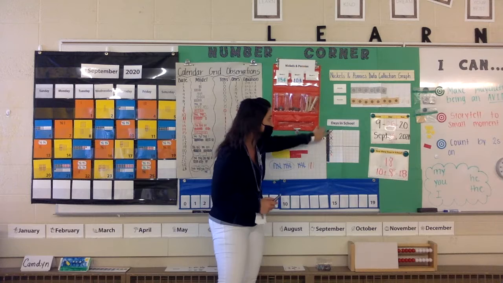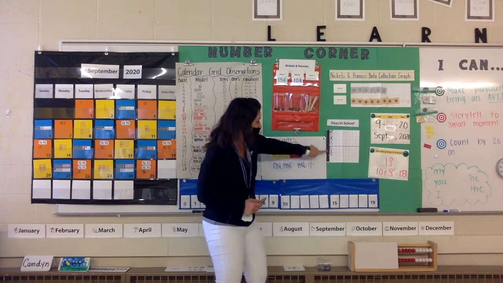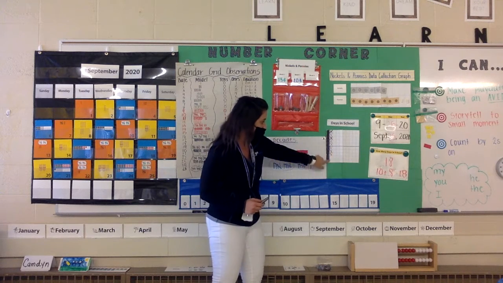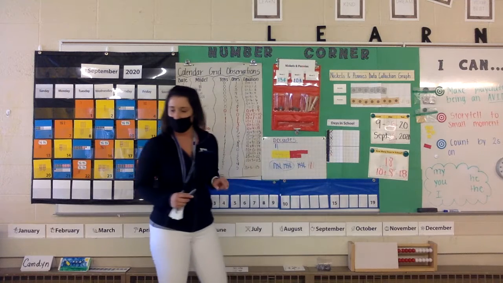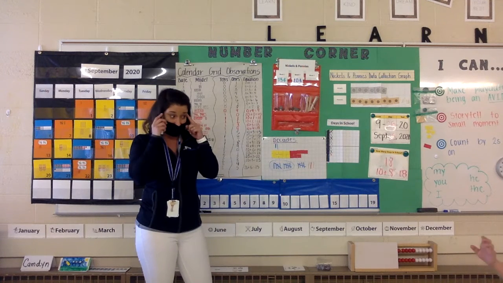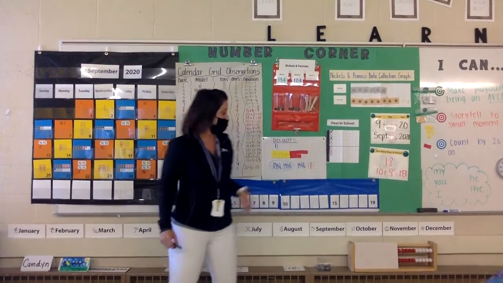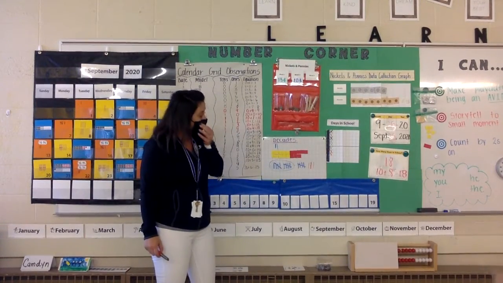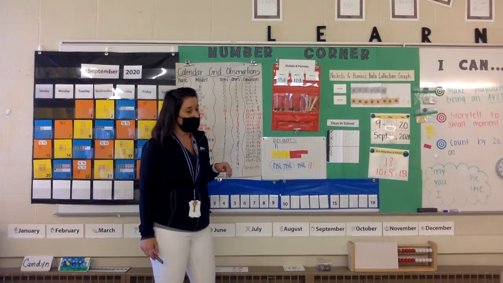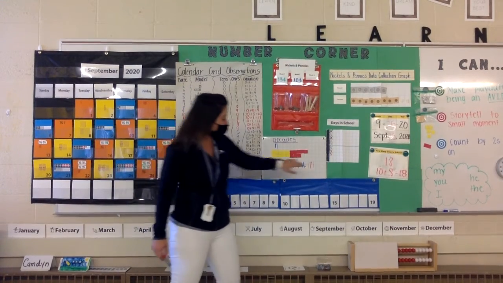Oh, look at what he did. He used this hundreds chart. He said there's 2 more spaces to get to 20. Did someone come up with a different way to get that? Because I did. I want to know your strategy. That's a great strategy, Dominic. I remember there's 2 more spaces there. And you're right, there's 2. That's a great strategy.